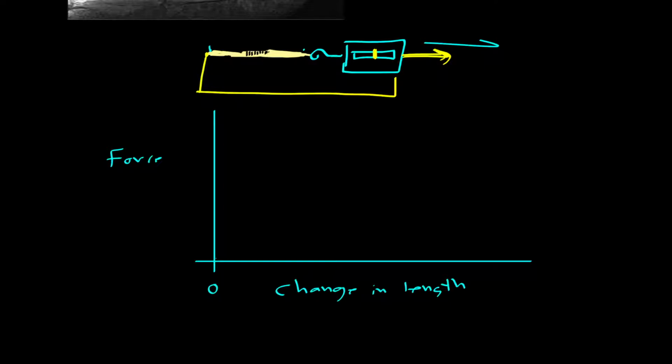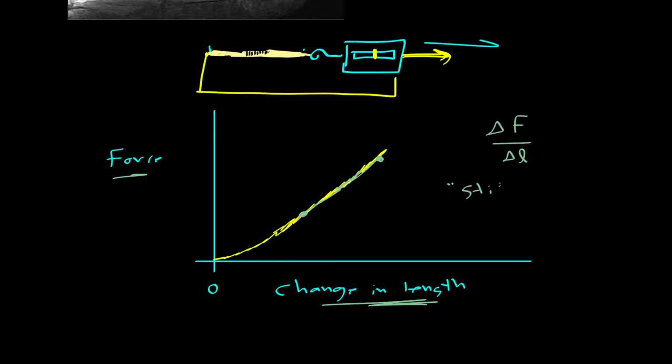And what happens is something like this. Force is going to go, if you've done this with a rubber band, you know what happens. So there's this little interesting business over here that we'll talk about in a future video. But as you pull on this Achilles tendon, the harder you pull, the more it will change its length. And there's an interesting concept here. The slope of this line, meaning the change in the force per unit change in length. If you were an equations person, you could write it out as delta F over delta L, maybe L for length. That would be the stiffness. That's like how stiff